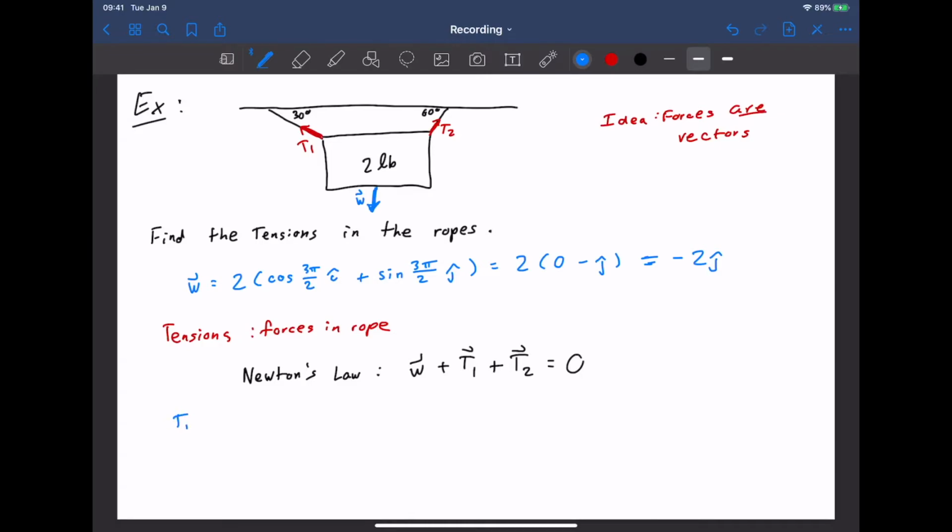Tension 1 has a size, and then it has a direction. So notice how it has to point up and to the left. What I want you to do is draw axes here and just try to think about what angle that has to be if that's 30 degrees. If we have 30 degrees in that corner, what you should hopefully notice is that right there is also 30